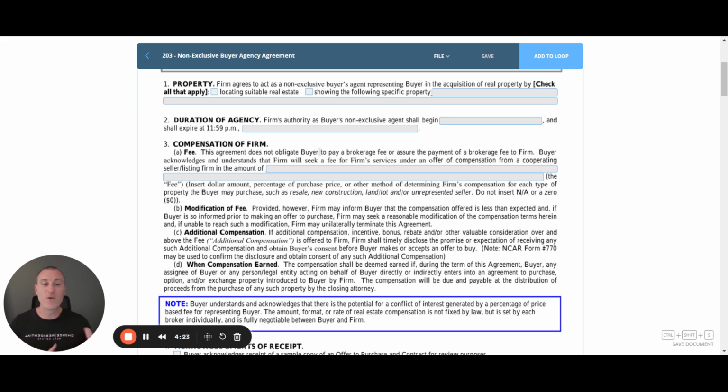If the buyer says, well, I'm not willing to pay you 2.5%, but I'm willing to pay you 1.5%, well, then you as the agent can decide, is that acceptable? And do you want to modify this agreement and move forward? But if your full compensation cannot be received from the other side, then the agent has the unilateral right to terminate